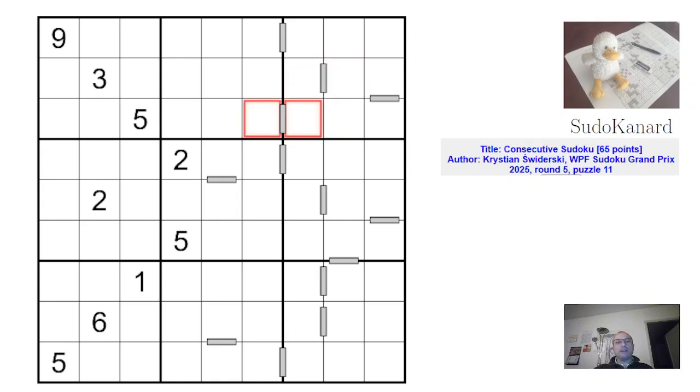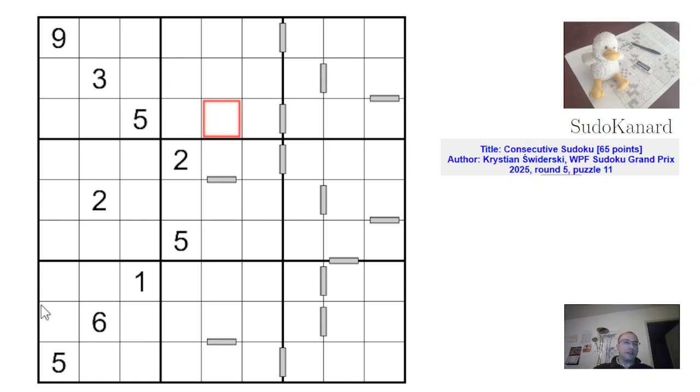you have those symbols, those bars between two cells that mean that the digits are consecutive, and you have the negative rule, which is that all such bars have been given so that those digits are not consecutive. Here they are not consecutive. And usually the bars are all over the place, and it's very difficult to make out where you're supposed to look. But in the case of this very puzzle,